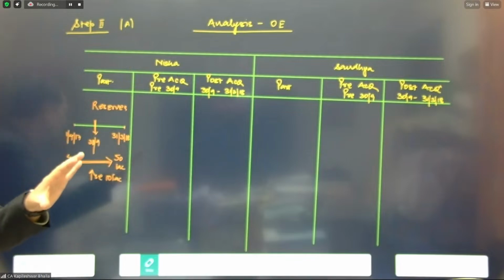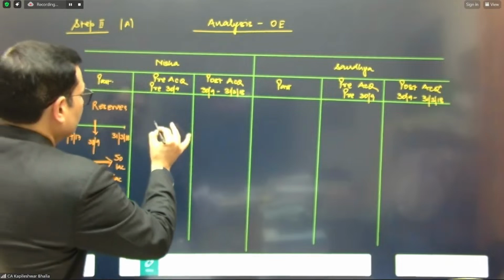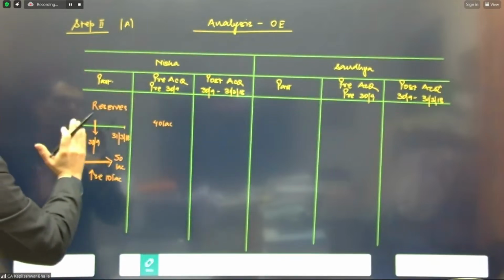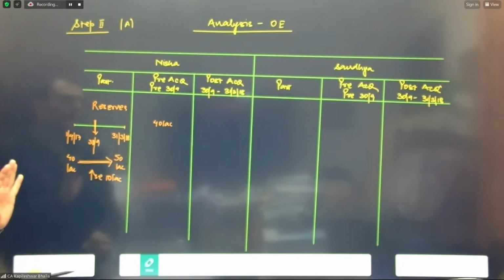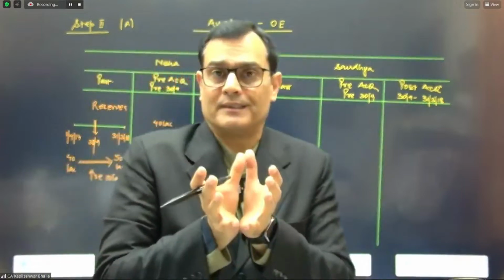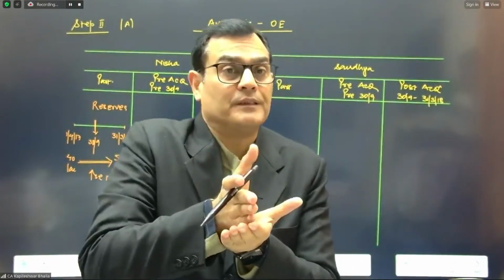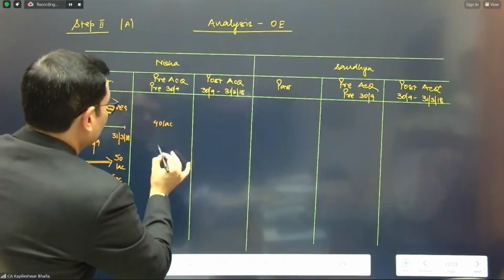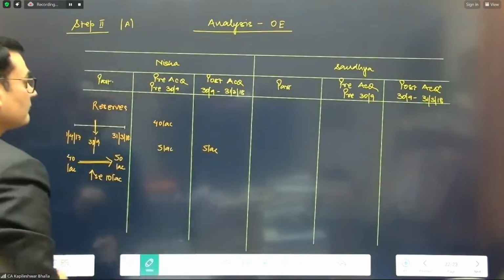So I think we can easily identify that in this case, 40 lakhs is definitely pre-acquisition in nature, because this is the balance on 1st April earned in the pre-acquisition. And this increase of 10 lakhs, can I say comfortably, can be divided in the time ratio, because this is an increase during the year and the date of acquisition is in the middle of the year. So we can divide this in the time ratio. That means this will be 5 lakhs and this will be 5 lakhs.